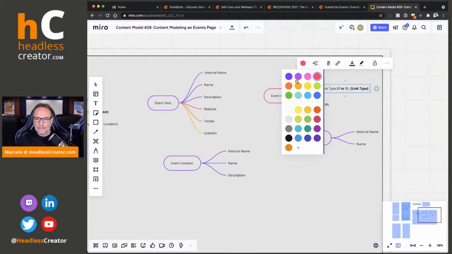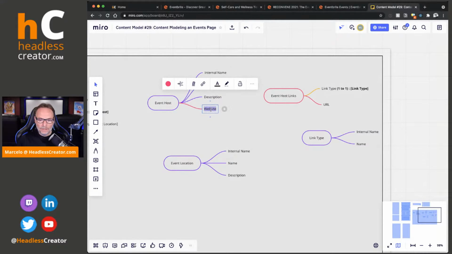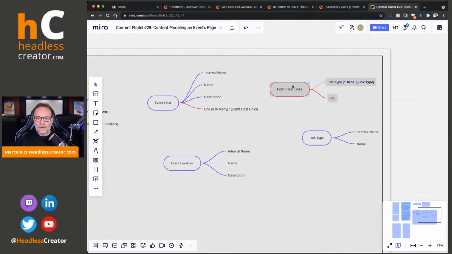Now, this gives us the ability, and then right here, we can get rid of all of these and say, look, we're going to just have links here, which is going to be a 0 to many. We're making it optional because they don't need to have links. Event host links. And basically, this is a structure now, instead of being, and look up components, which hold structure only,